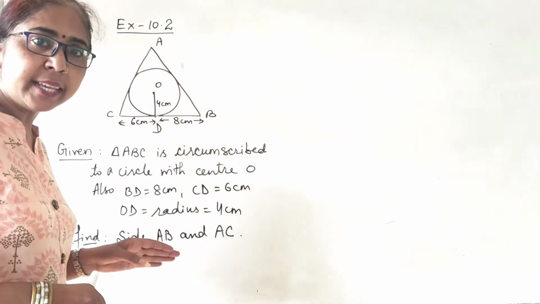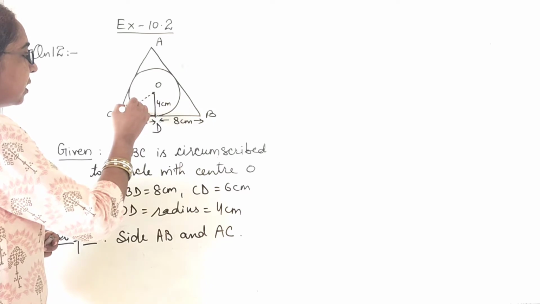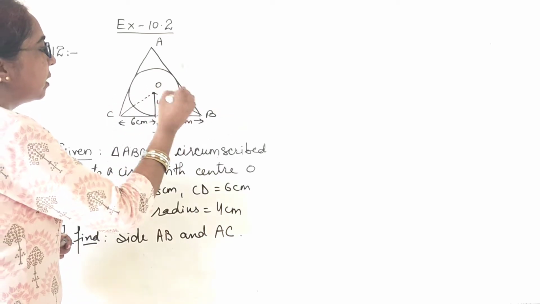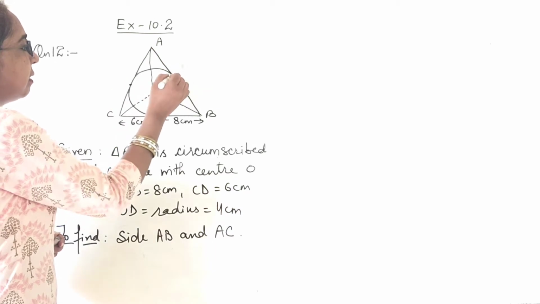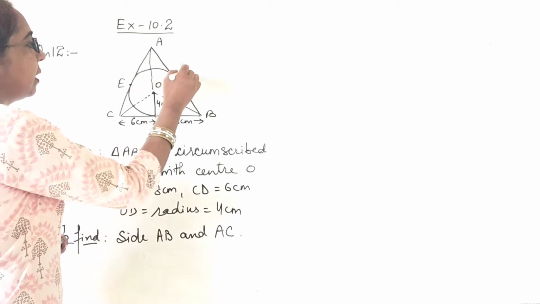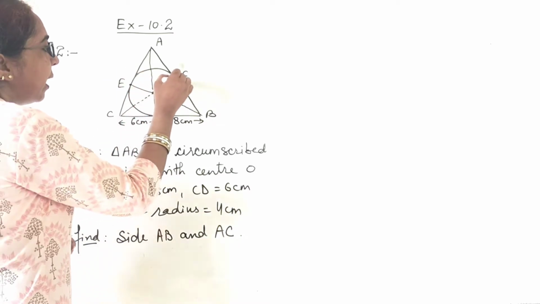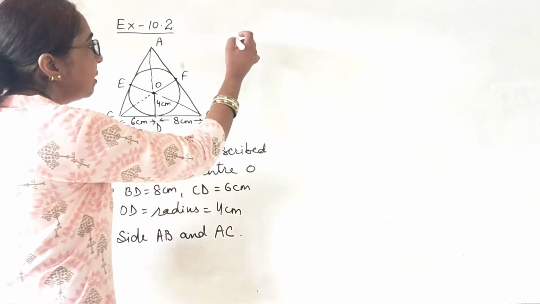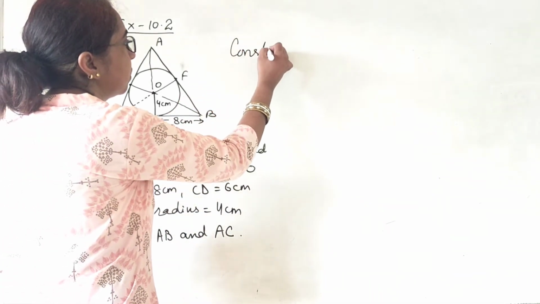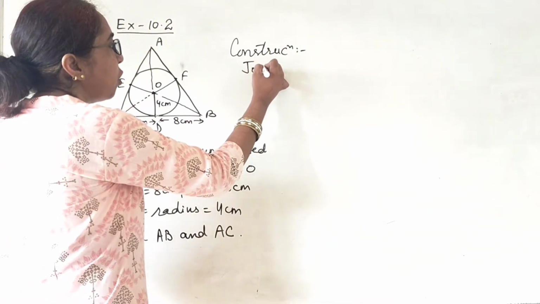Now, for doing this, what we have to do? First, we have to join this OC, OB, OA. Let's say these points are E and F. So, join EO and F. After joining these points, we have to write here construction, that is join